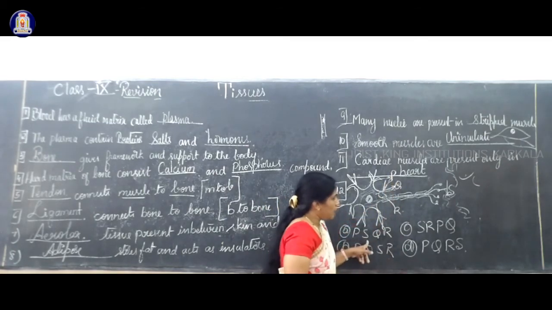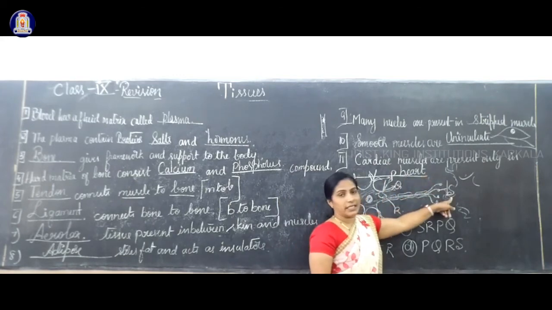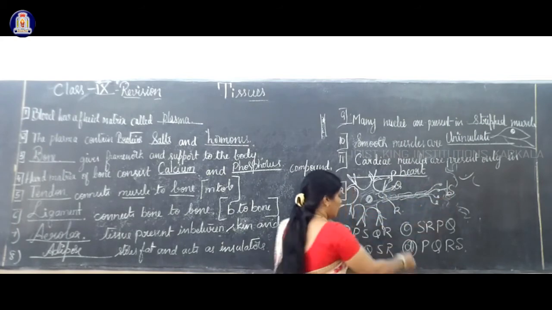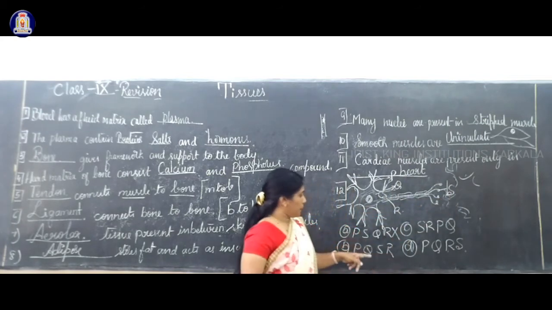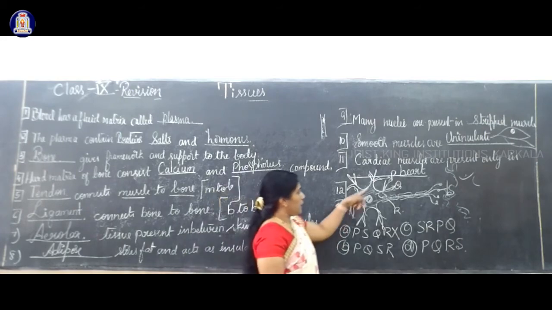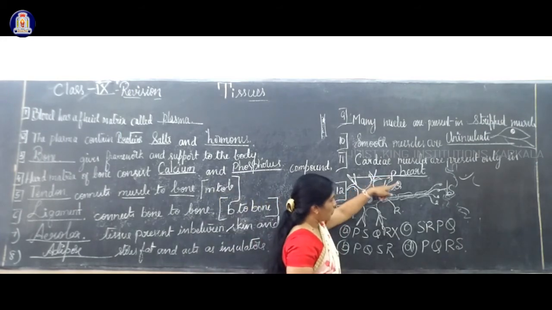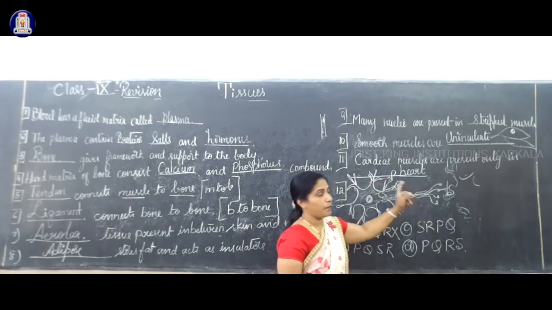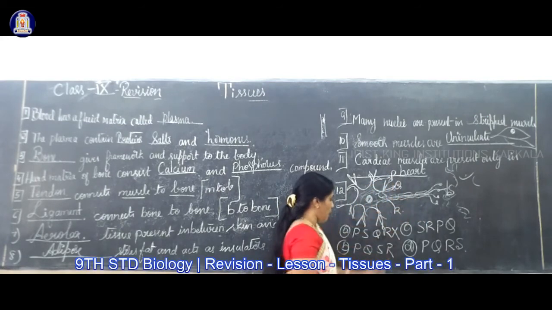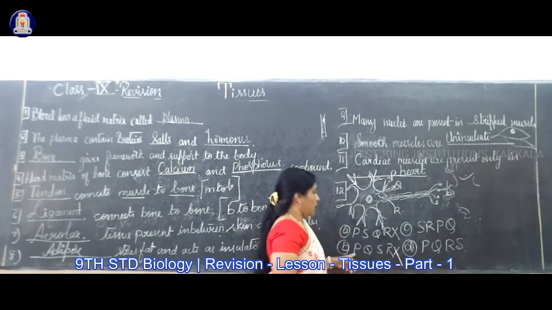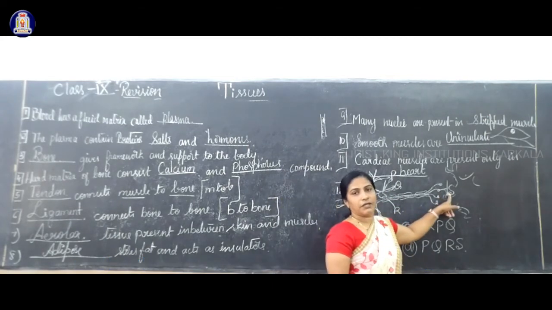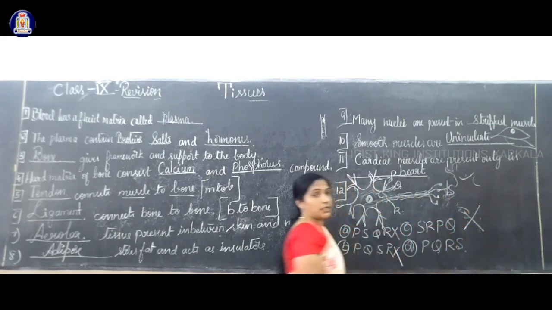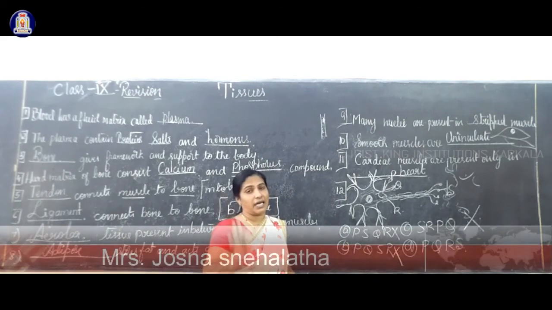Yes, it is correct. P to S, there is a gap. Starting from here, the information will go here. No, then this option is wrong. Correct sequence of electrical impulse. Next one, P, Q, S, R. No, P, Q, R, S it should be. So that's why P, Q, S, R, this option is also wrong. Next one, directly they went to the axon, receiving the information. No. Then first keep in your mind which is the correct answer.